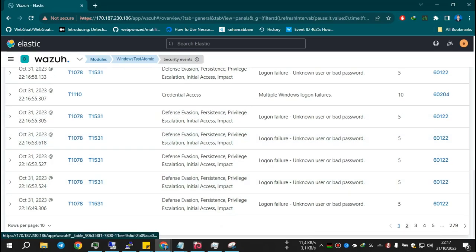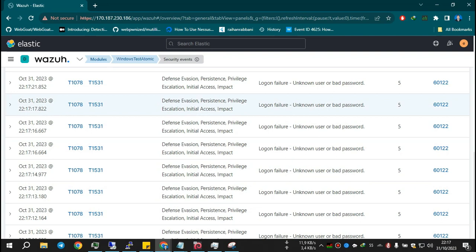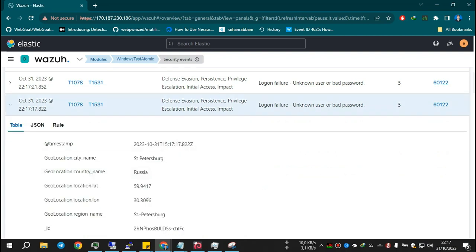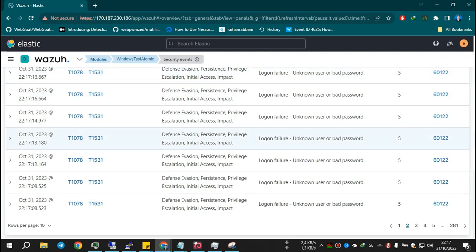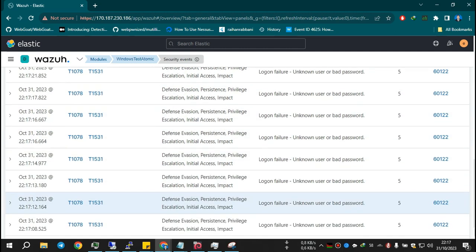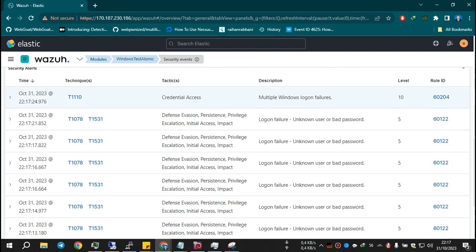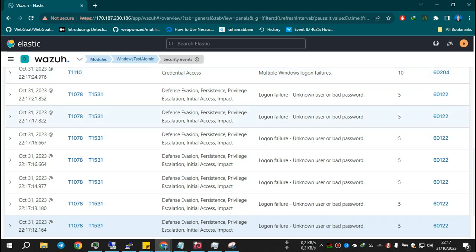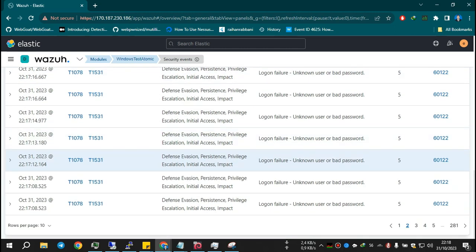So yeah, you can look at this, so many attempts to gain access. These are the tactics used: defense evasion, persistence, privilege escalation, initial access, and the last is impact.